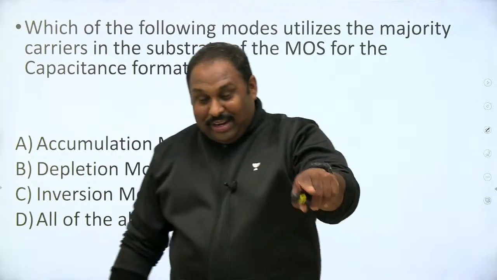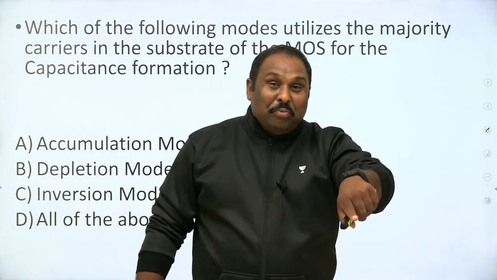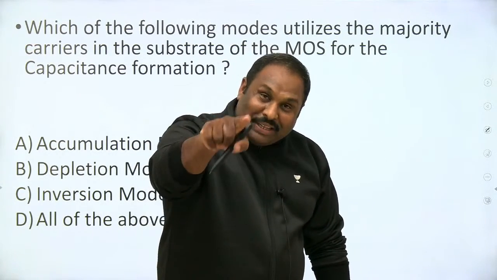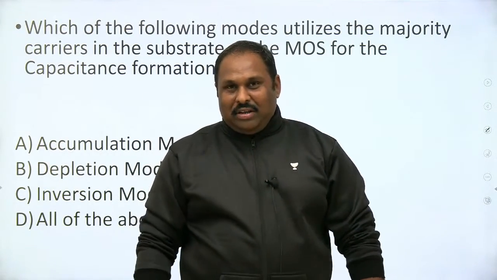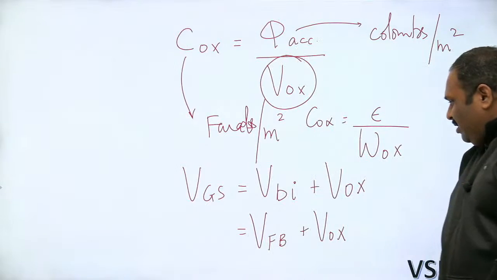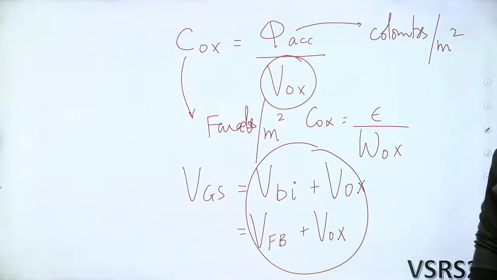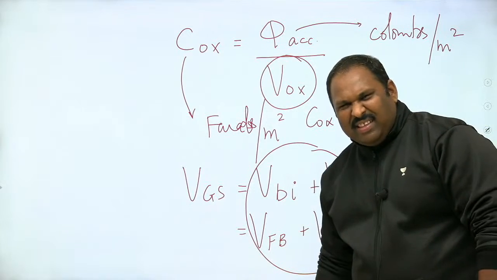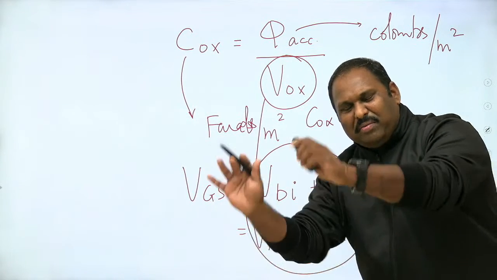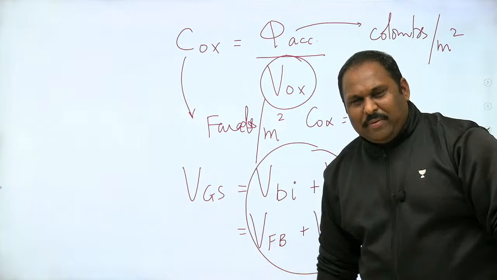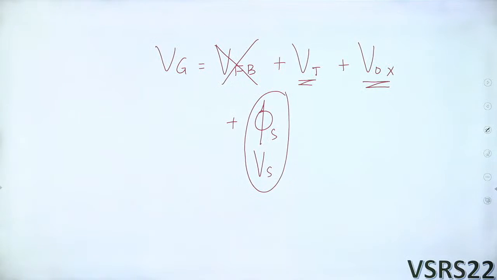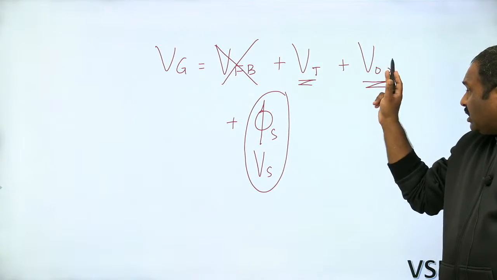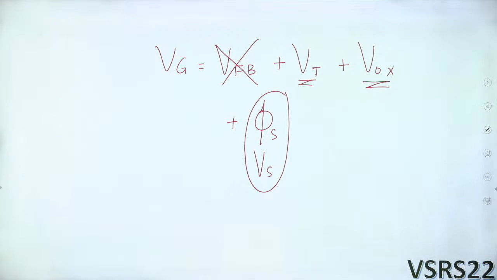When it comes to your inversion mode, threshold के ऊपर देना है, ऑक्साइड लेयर के अक्रॉस भी होती है, and also in the form of surface potential. So your gate voltage is ultimately in accumulation mode quite simple. Surface potential है ही नहीं, negligible है, pure holes के बीच में, positive and positive के बीच में. But when it comes to the inversion mode, yes, there are certain other things to count: threshold, oxide, as well as surface potential. I hope you got the point, students.